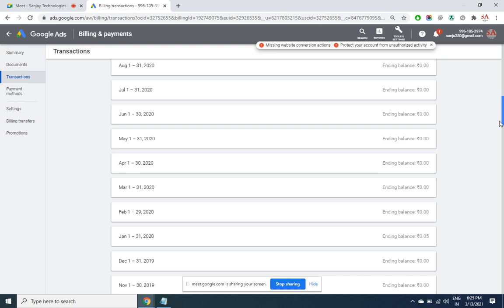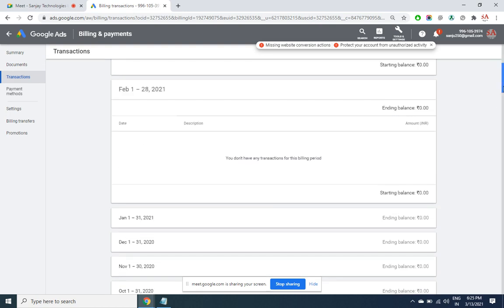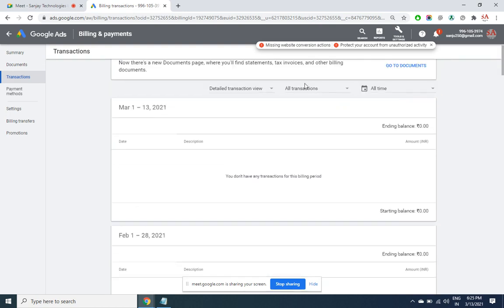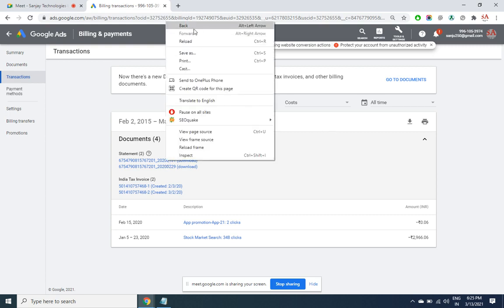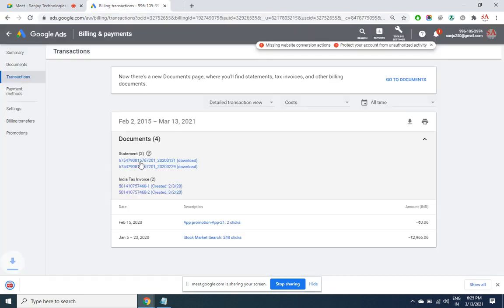It's not showing beyond 2015. Let me change here. It's not showing. Okay, 2015. It's not showing beyond 2015. So that is the last 5-6 years is what it's showing. But this account is old, since 2011. So many transactions have been done here.